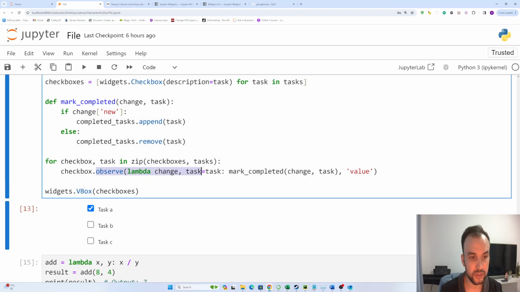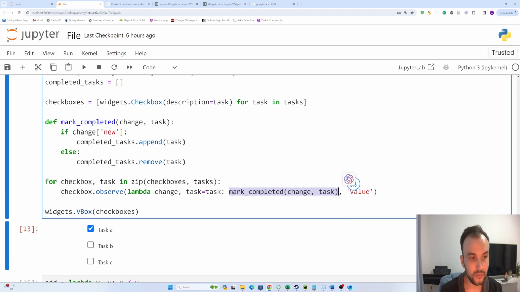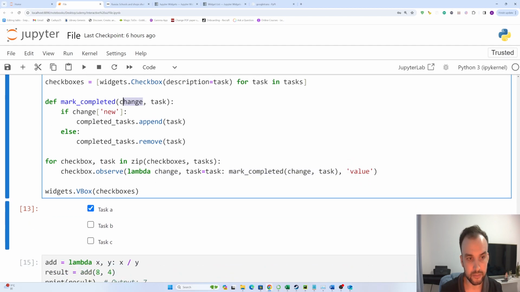And here we are doing the same thing. Lambda, change, task, we have two parameters, colon. After that, we have a function here. And for change, we are using task. Here, this one, task equals task. This task is here. So in the first loop, the task is task A. And after the colon, we are using these two parameters.